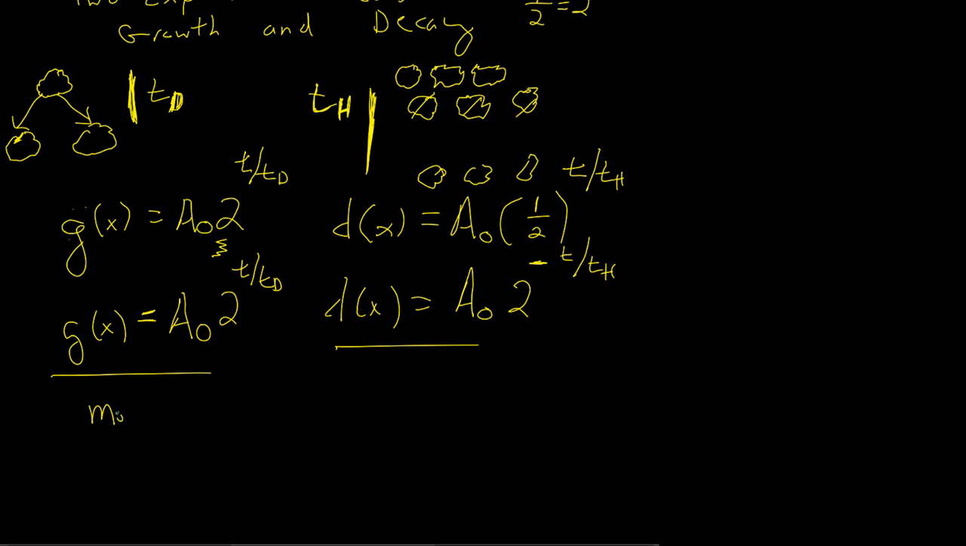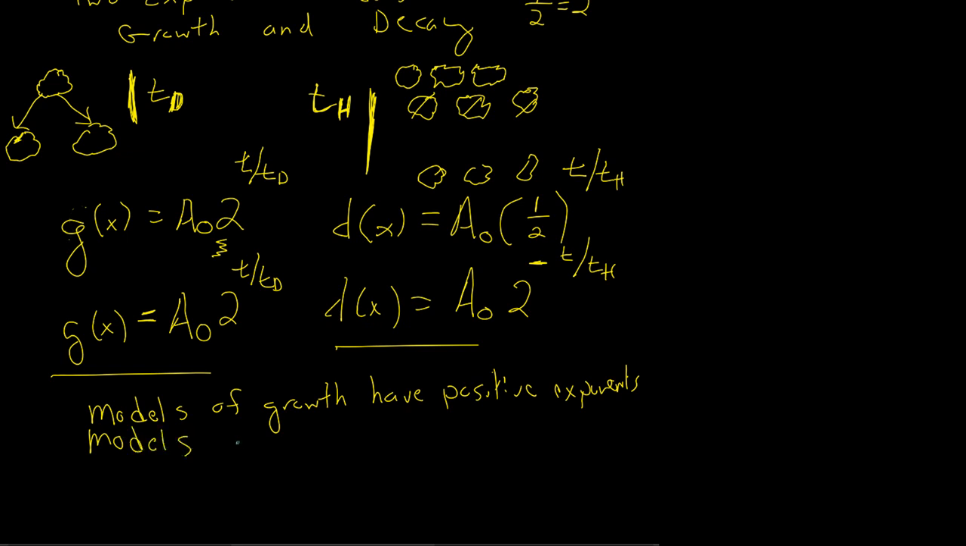So models of growth have positive exponents. And models of decay have negative exponents. Well, that's good to know. I'm definitely having less things to memorize as I go through here, right? Remember me, I don't like memorizing things. And so if I can use the same form of something and the only thing that changes is a sign,